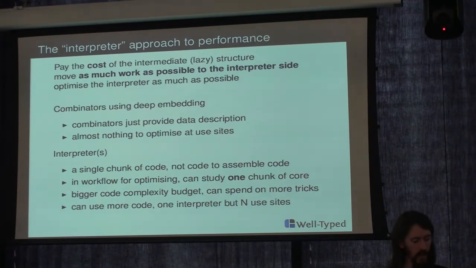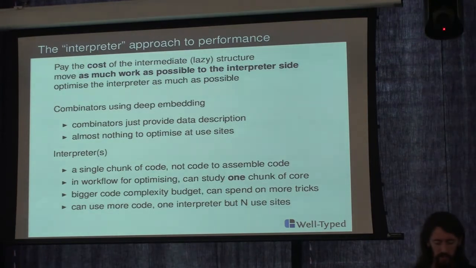So the approach there is your combinators use a deep embedding, i.e. they are data constructors or unfold to data constructors, and they just provide some description of the thing. And there's almost nothing to optimize at the use sites when you do that, which is really nice. And so then your interpreter, or multiple interpreters, of course, once you've got a deep embedding, you can do that. Your interpreter is now a single chunk of code, and a single chunk of code is a lot easier to optimize than this style where you have to,